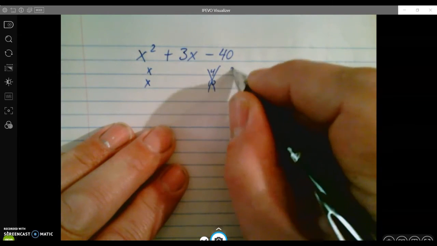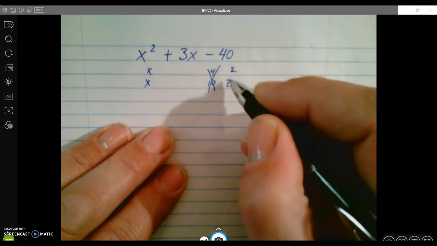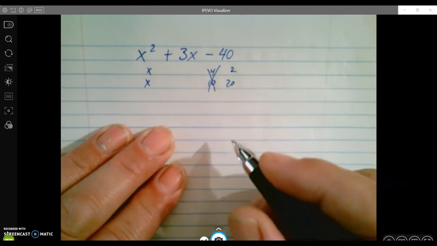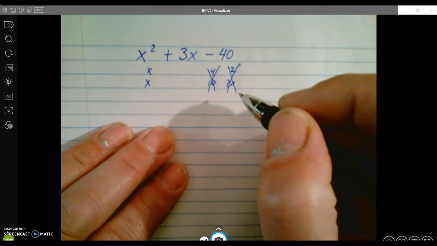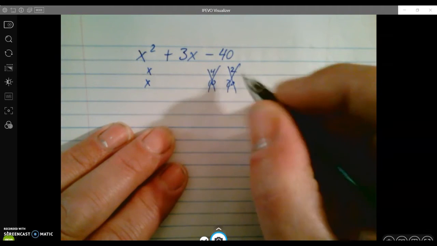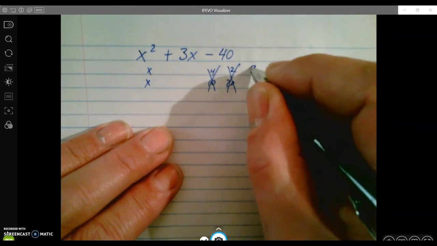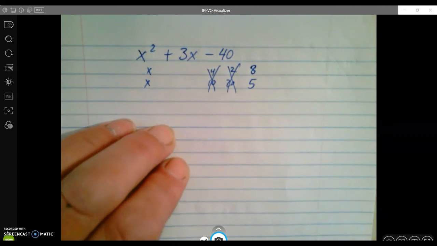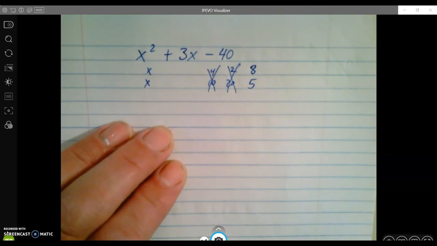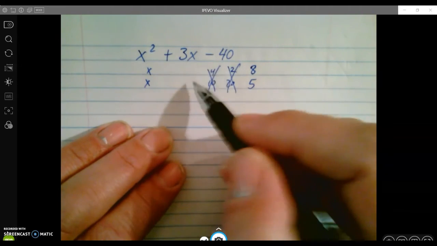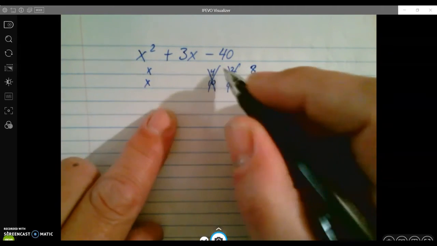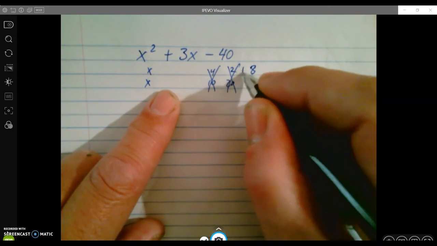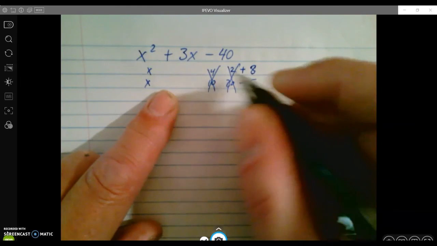And you say, shoot, well, 2 and 20. But again, 2 times 20 will give you 40, but will never give you 3. You'll never get a 3 out of there. And if you're not too sure, well, then use a calculator, but I'll help you out here. It's 8 and 5. I think 8 and 5 will work. Now, let's say I'm not sure which one's which. Okay, let's check this. If we do a positive 8 and a negative 5,